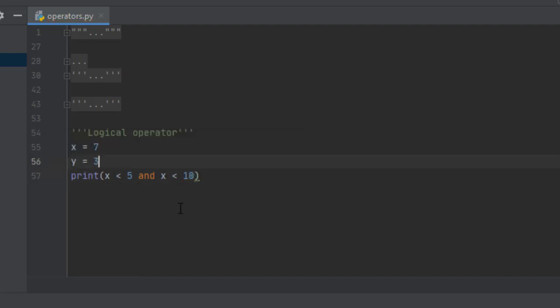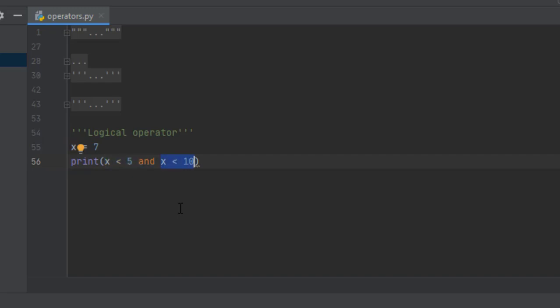Okay, so I'll simply take off this y value because I'm not using it. So let us see here. Is x less than 5? No, x is greater than 5. So the first option here is false.